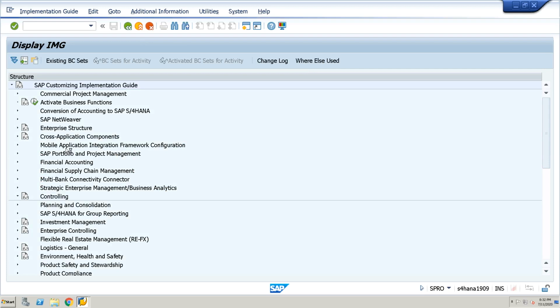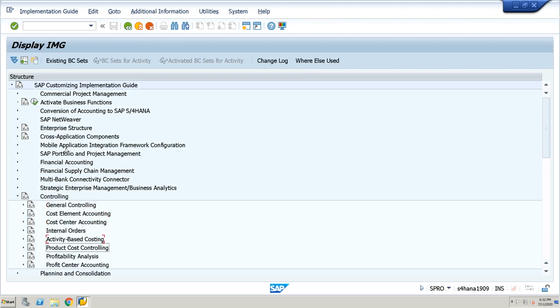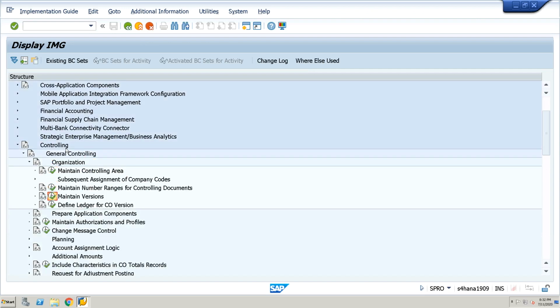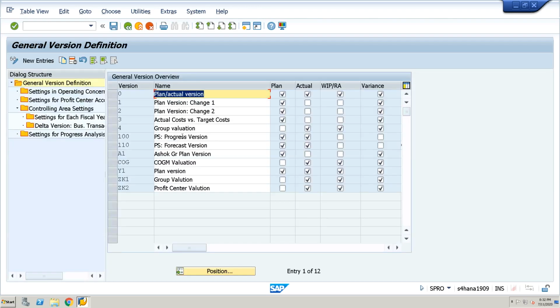First, in controlling area, general controlling, organization, we have to maintain two versions along with the 0 standard version. I maintained ZK1 and ZK2. ZK1 and ZK2 are, one the group valuation and the second the profit center valuation. 3 versions we have to maintain